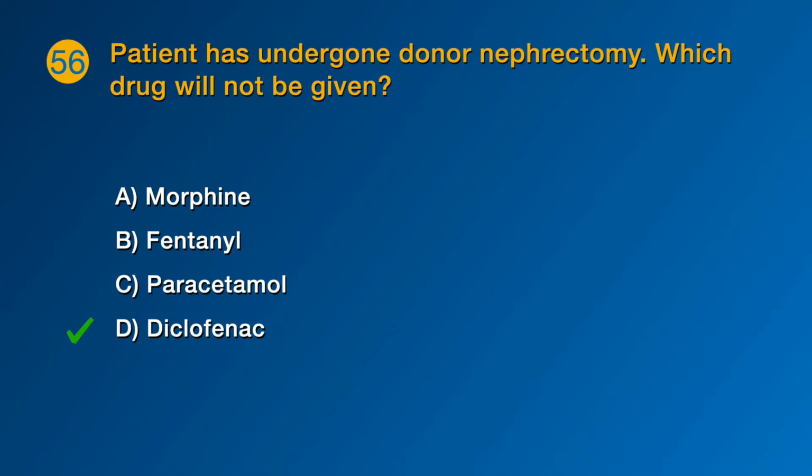Normal kidneys produce prostaglandin hormones that are used to protect the kidney from stress. If we give diclofenac and other non-steroidal anti-inflammatory drugs, it causes the kidney to lose the capacity to make these protective hormones, and over time it can cause kidney damage.